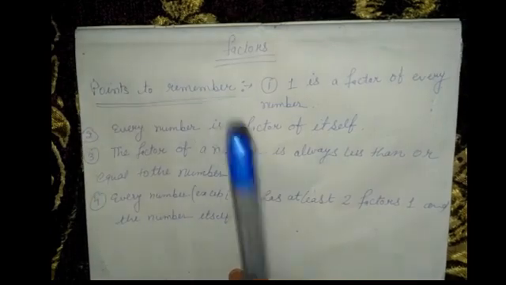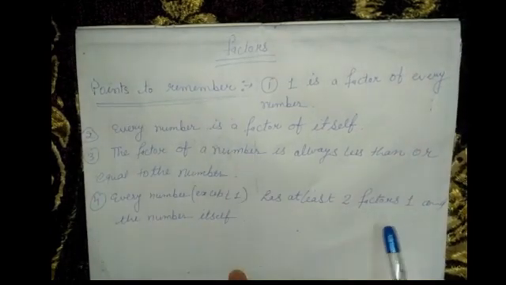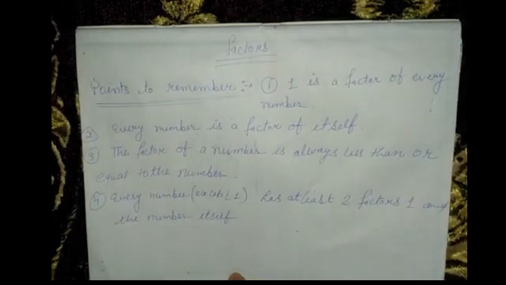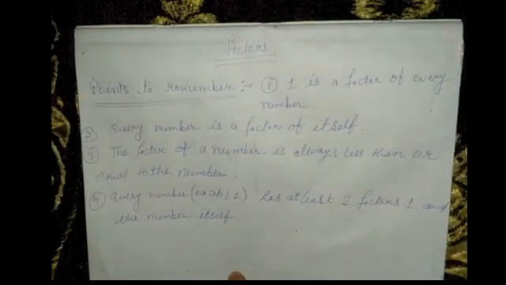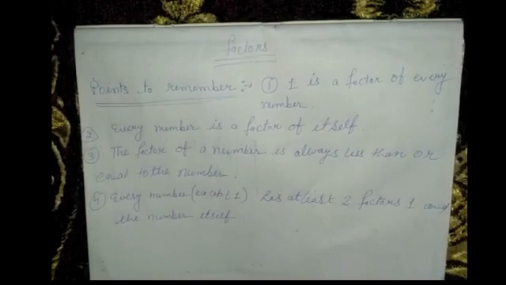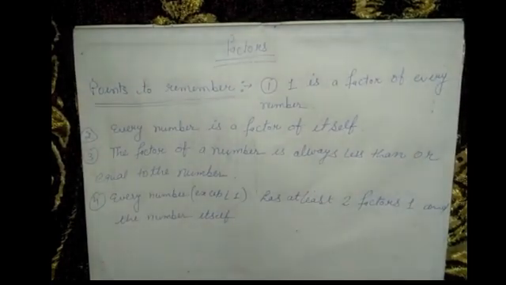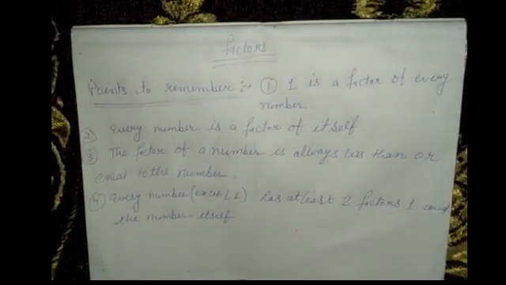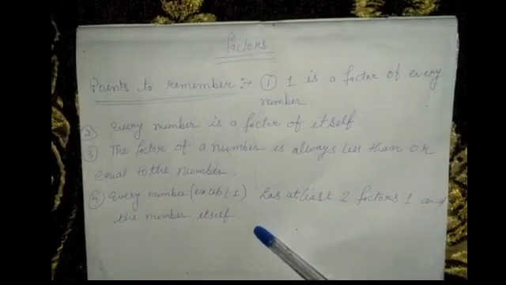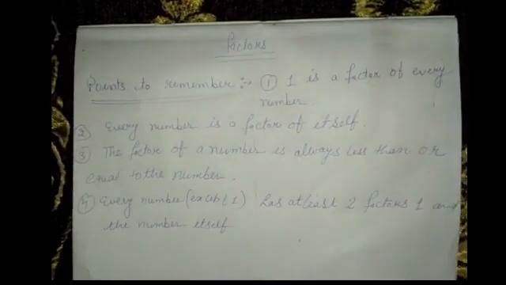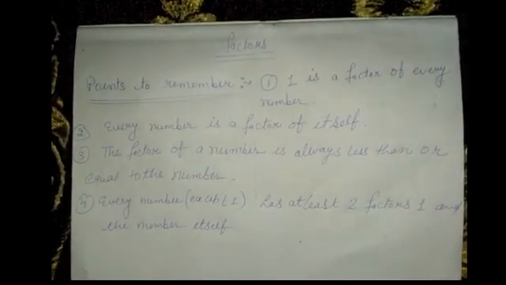Every number except 1 has at least 2 factors, 1 and the number itself. Means every number will have at least 2 factors, right? Yes, there is a special case with 1. 1 is having only one factor, that is 1, the number itself. Other than that, all the numbers will have at least 2 factors, 1 and the number itself. Of course, it can also have a lot of factors, no issue in that case. So kids, do remember these points properly. These will help you to find the factors as we go further.